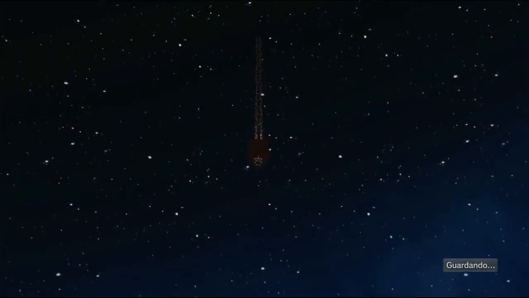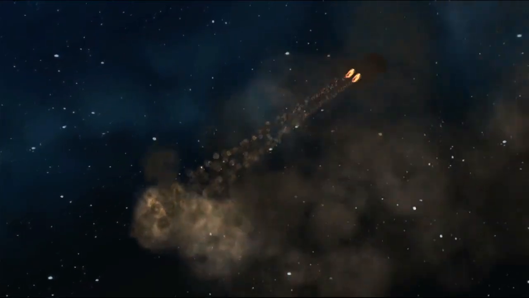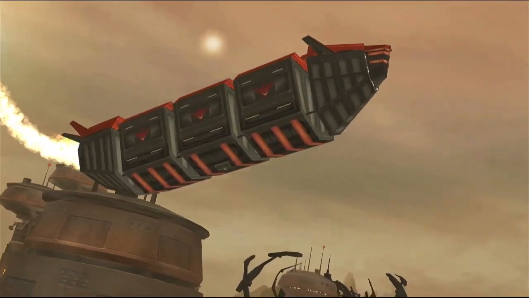This is planet Maraxus. So after the previous few planets, we've had stuff like Valix, Stygia, we're gonna go on to something much easier. This is Maraxus, and it's a nice, relaxed planet. So, mission 1,